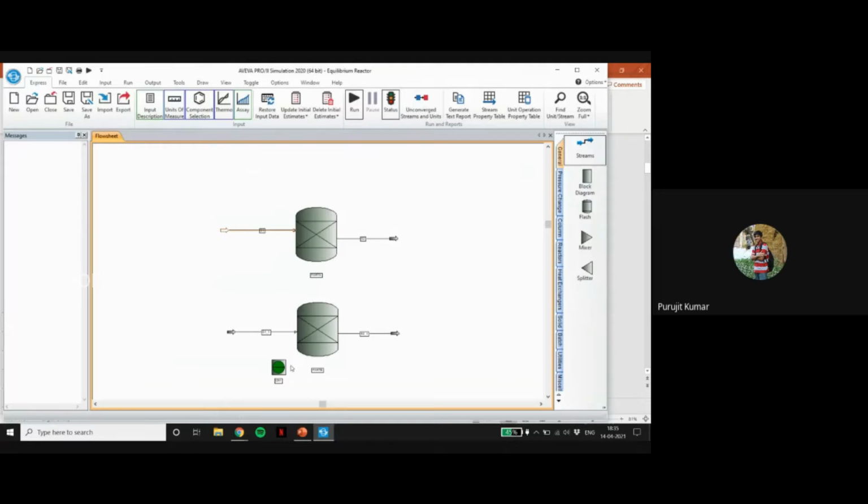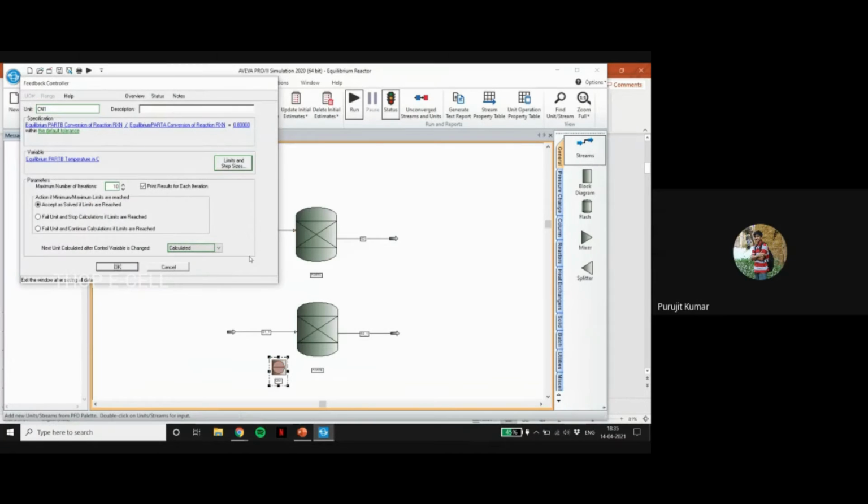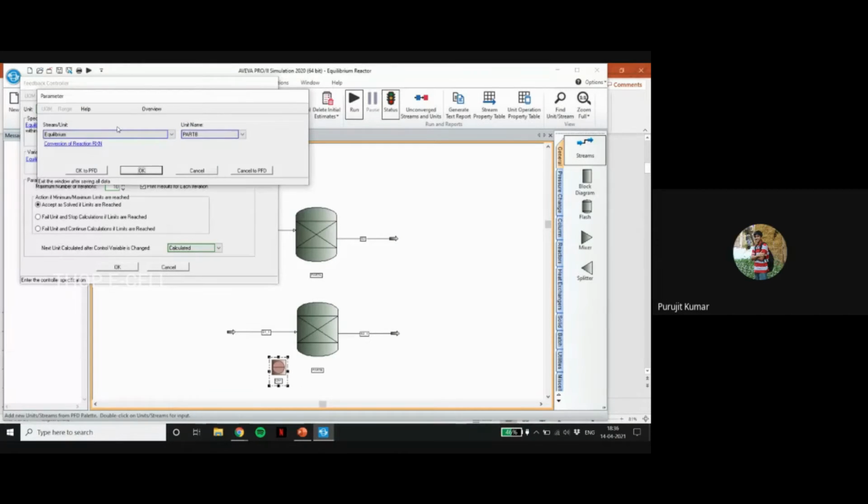So here we're taking 80% of the equilibrium conversion, because it takes a long time to attain equilibrium, so you're just trying for 80% of the equilibrium conversion. To get that, we use a device called a controller. So what you do is first you define your specification in terms of your parameter. You see the specification here, right? What it said was, of the equilibrium conversion we had, we wanted just 80% of it.